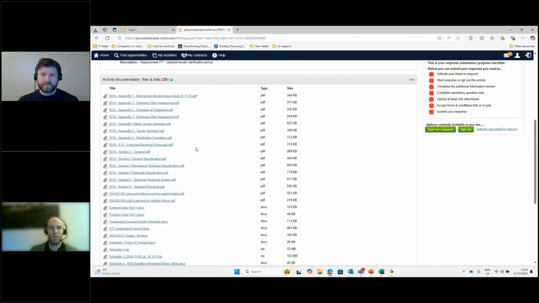Hopefully in the ITT, or if there's another document like that, there's going to be some stuff around minimum requirements that I need to meet in terms of qualifications, standards, accreditations, minimum turnover that Alistair referenced before. I want to spin through as much of this mandatory type stuff as I can. If there's a specific document around the selection questionnaire, there might be some of those. I want to interrogate those, not answer them, but look through those SQ questions so that I can understand whether there are some that are absolute roadblocks, absolute stoppers that will prevent me going forward. So it's that type of thinking.